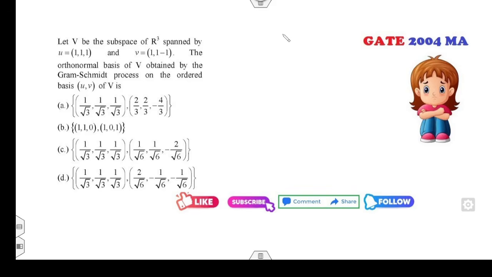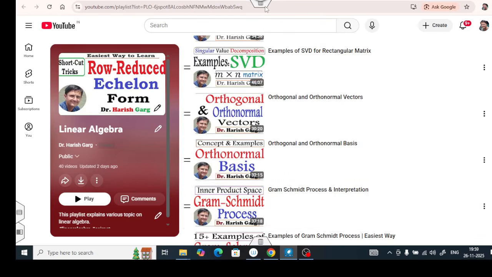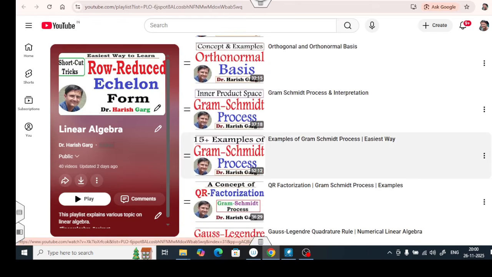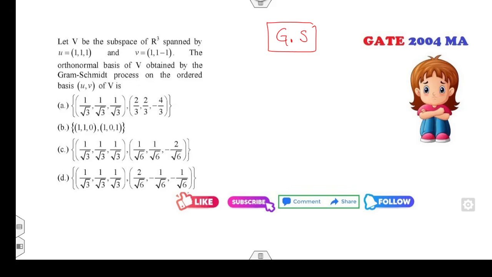चलिए, अब हम ग्राम-श्मिट प्रोसेस का अगला कॉन्सेप्ट देखेंगे। अगर आप इन लेक्चर्स के क्वेश्चंस को शॉर्टकट ट्रिक से करना चाहते हो, तो ये 15+ एग्जांपल पहले जरूर सुनिए। जब भी ग्राम-श्मिट प्रोसेस आए, हमेशा दो चीजें चेक करिए: जितने भी वेक्टर हैं, u और v, इन दोनों का डॉट प्रोडक्ट 0 होना चाहिए, इनकी लेंथ 1 आनी चाहिए, और u और v लीनियरली इंडिपेंडेंट होने चाहिए।